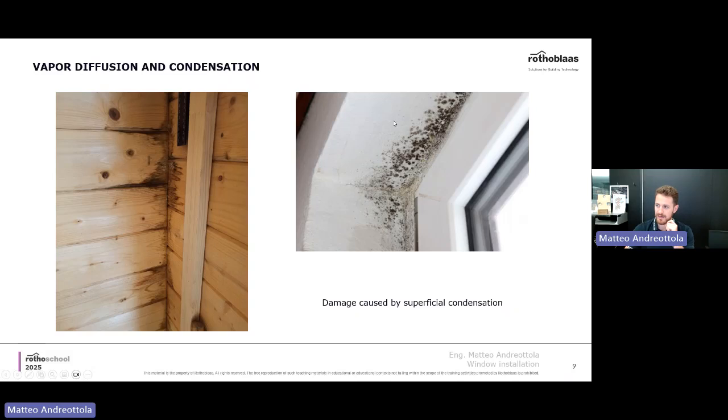If it were a cold bridge, you would have the same temperature throughout all of the perimeter of the window. And that means the amount of mold would potentially be the same on the whole perimeter. In this case, you see that there's this variation that we discussed, that we explained before. And this is because it's an airtight problem. So what does that actually mean?